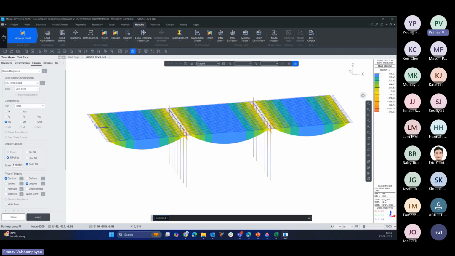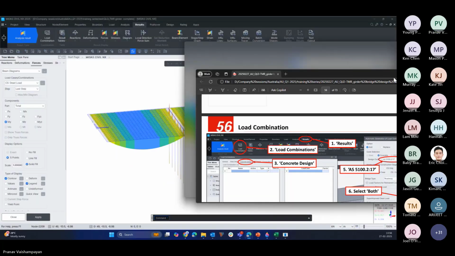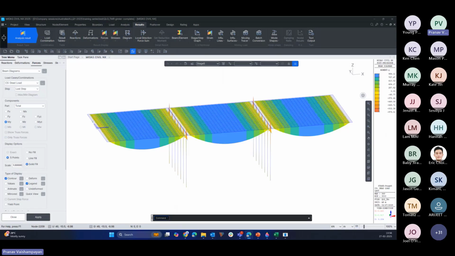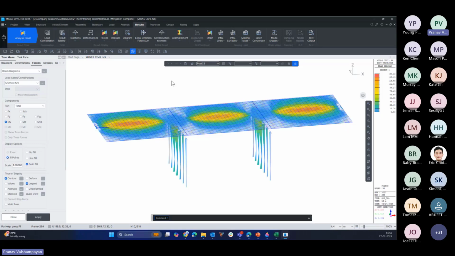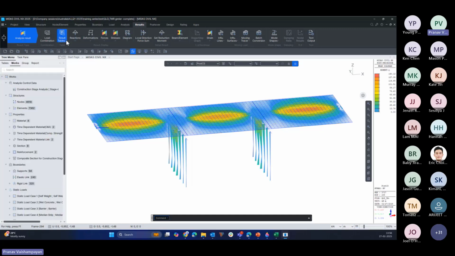We can also observe the results in a tabular format. For example, let's say we are in final stage. If you want to observe the results for construction stages, we need to be in a particular construction stage and the result visible,